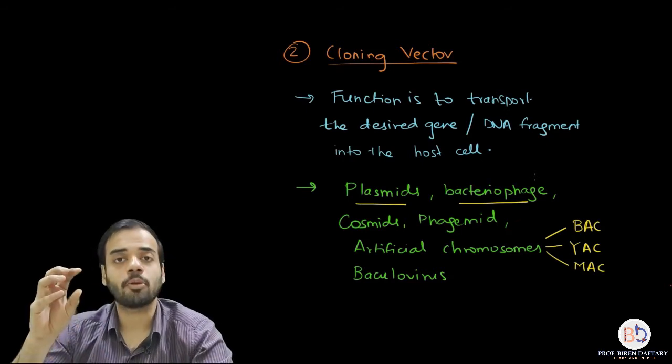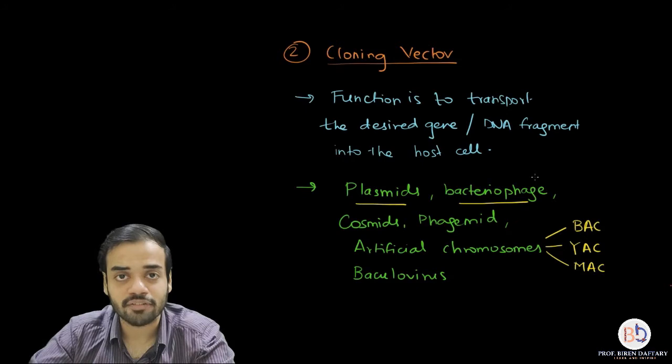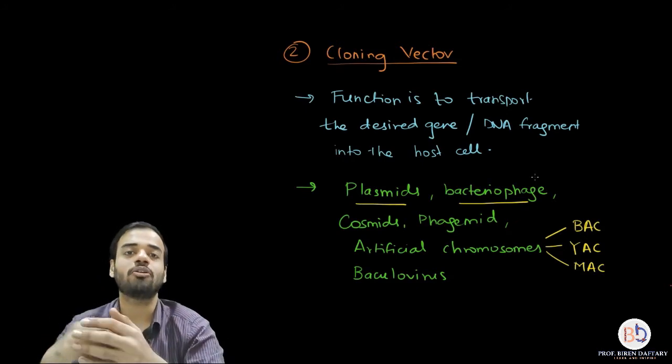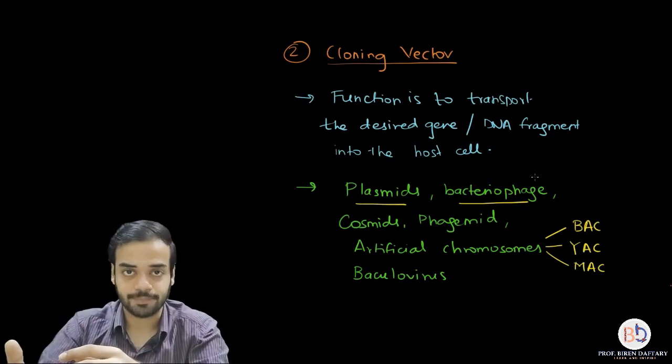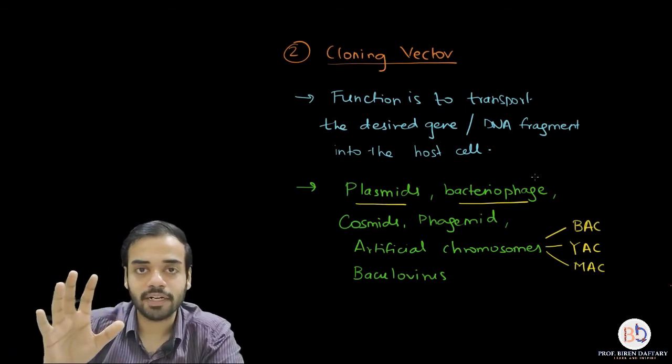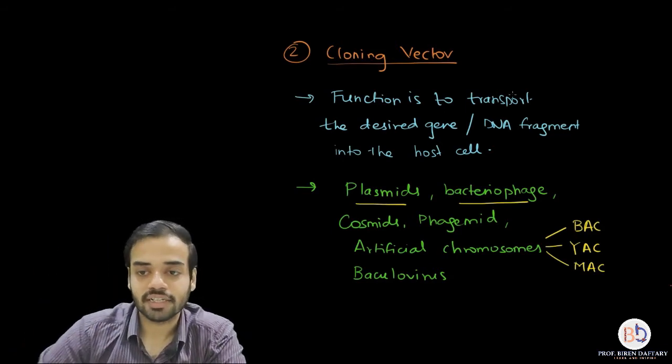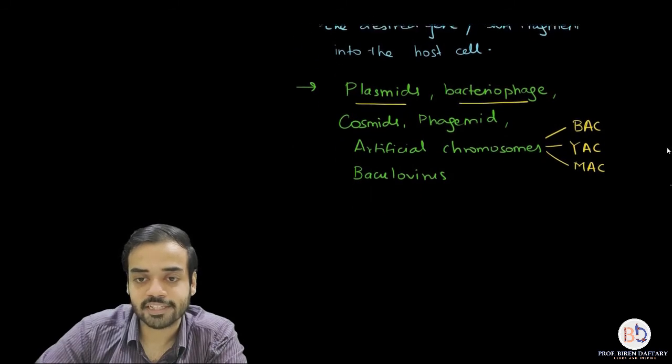And if those properties are not present in a cloning vector, then it will not be a very good vector. Okay, so the five properties of a cloning vector, that is what we are going to start with the next point. Now this question is asked in the board exams: which are the important qualities or properties which each cloning vector should have. So I will write down the heading,